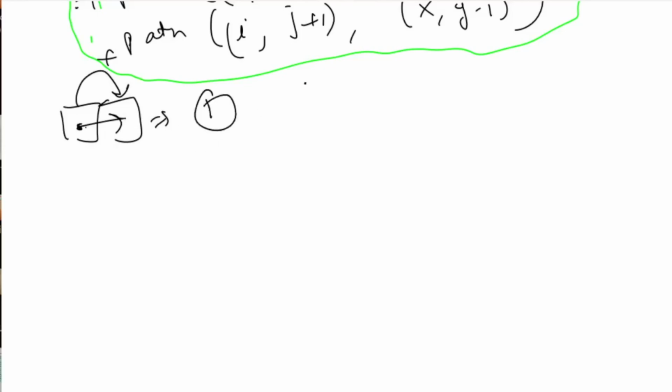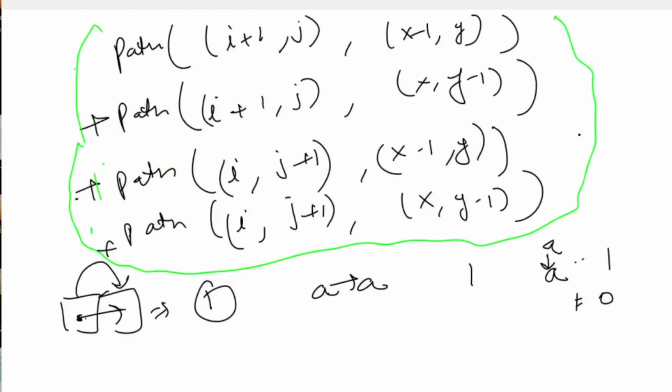So if the matrix is like this, then we'll move to A, and the number of palindromic paths will be 1, or it can be like this. So the sub matrix can be like this. So we'll move to A, then we'll return 1, and if they both are not equal, then we'll return 0. Okay, yeah, so this is our recursive relation.